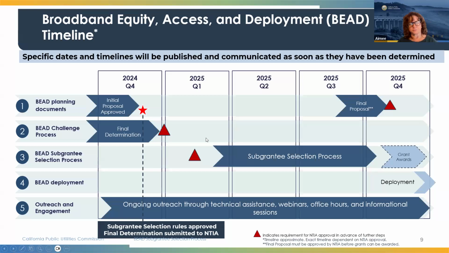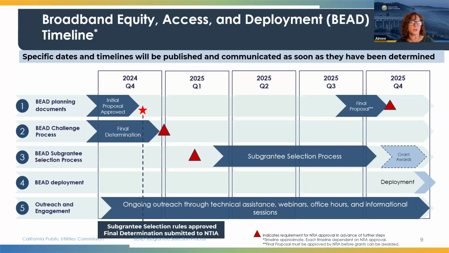We can go to the next slide. So a little bit on the BEAD timeline. Again, the timeline starting in Q4, which is right where we are now. The challenge process data was submitted and it's subject to approval, review and revisions, also known as curing by NTIA. The subgrantee selection process will start in the first half of next year, and there are a number of critical